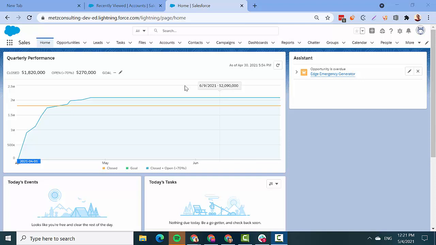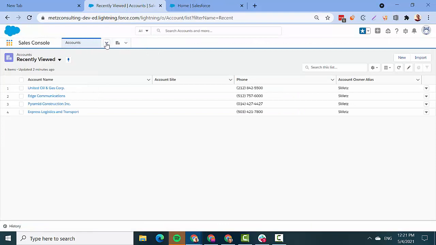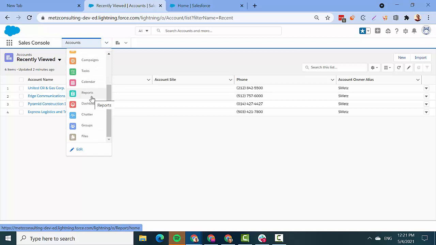In this video, I'm going to show you how to customize your navigation bar so you're only seeing the tabs and records that are relevant to you in the order you prefer. So you're either going to have your tabs at the top like this if you are in the Sales app. If you're using the Sales Console app, it may be that your tabs and navigation are here with the drop-down menu below Accounts. So it will either be one of these two layouts most likely,